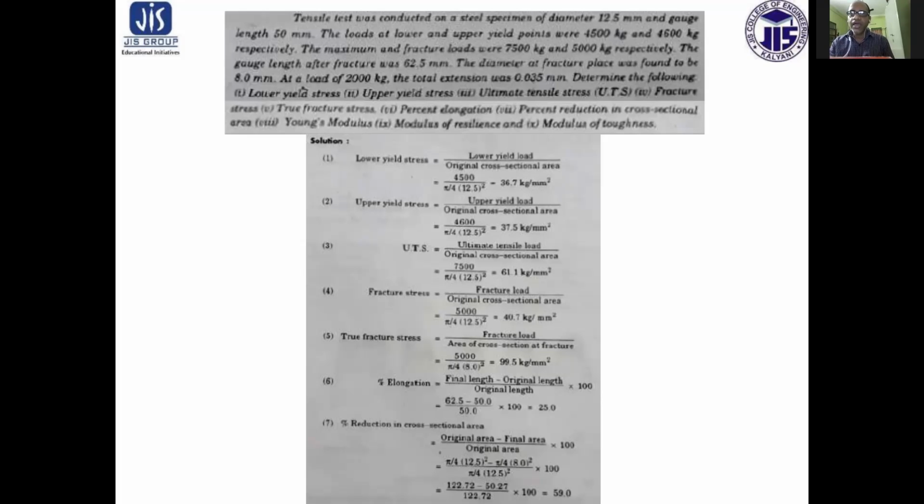The maximum and fracture loads were 7500 kg and 5000 kg respectively. The gauge length at fracture was 62.5 millimeter. The diameter at the fracture place was found to be 8 millimeter. At a load of 2000 kg, the total extension was 0.035 millimeter. Determine the following: lower yield stress, upper yield stress, ultimate tensile stress, that is UTS, fracture